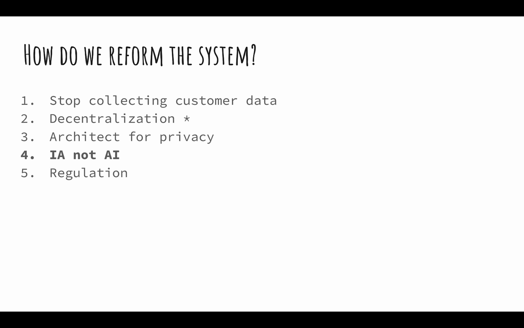It's got an asterisk next to it because it's not 100% viable yet, and we'll talk a little bit more about that in a second. But the idea of decentralization is that I can build distributed compute, and I can leave data in the hands of the customer and let them sign transactions using cryptography in such a way that I don't need to collect data, and I can know that who I'm dealing with is who they say they are. And this might sound a lot like blockchain because it is.